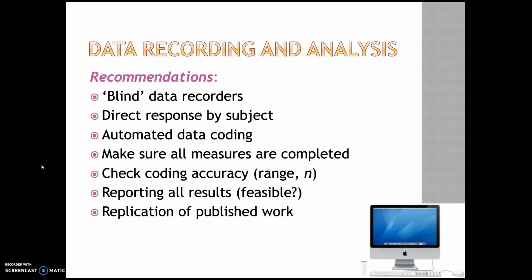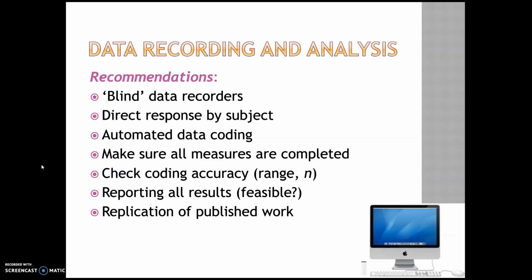So when you run a study, for example, when I do a study, I might have 50 questions on the study, but I'm really only concerned about 30 of them that are part of my research. Do I have to report the other 20? Not really, but ideally we would report all the ones that pertain to what we're studying. So it's kind of this slippery slope. You've got to be cautious about that.